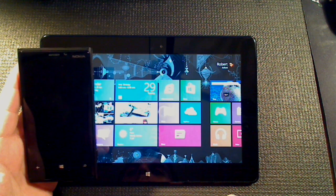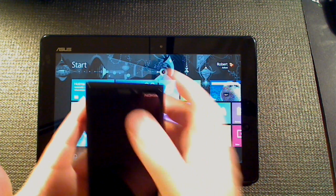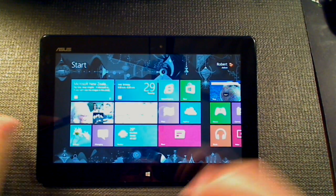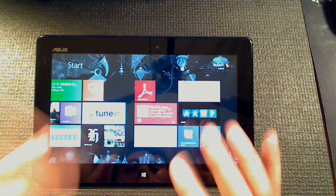Not sure why, but they probably did the phone first. And then, you know, if they redid the phone now, maybe they would make it so you could swipe from top to bottom to close an app, but they didn't, so it's different. Doesn't really matter. It's just something that's different. Now, another way I'm loving this is,